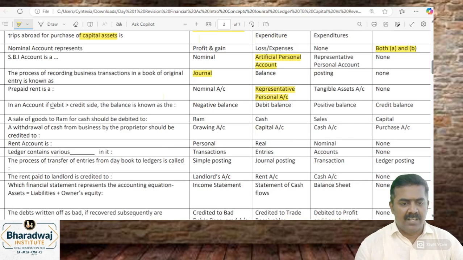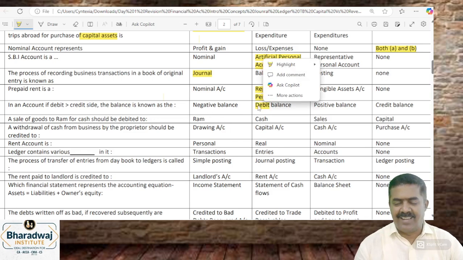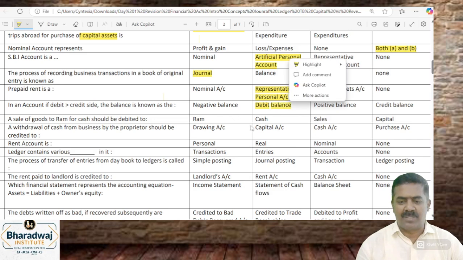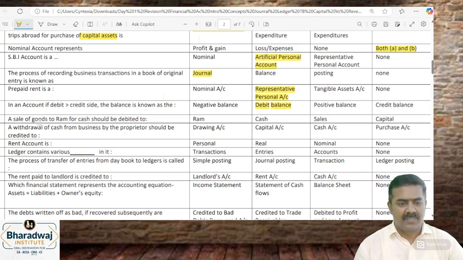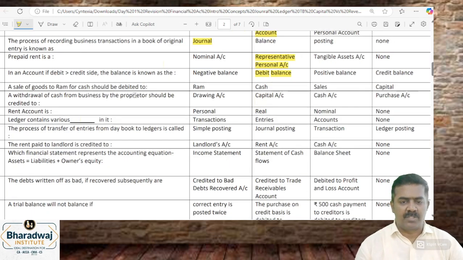Then debit side is more than the credit side. Now the balance is known as which balance? There is no negative or positive. In accounts there is only debit balance or credit balance. Debit side is more than the credit side, it is called debit balance. Sale of goods for cash should be debited to